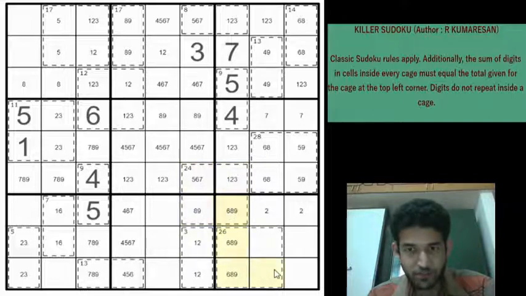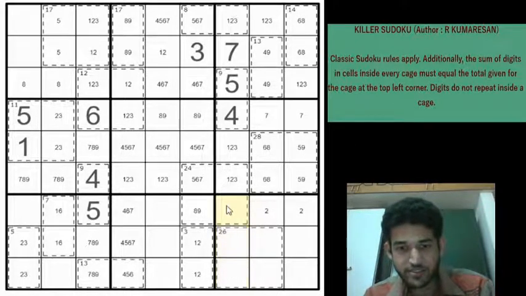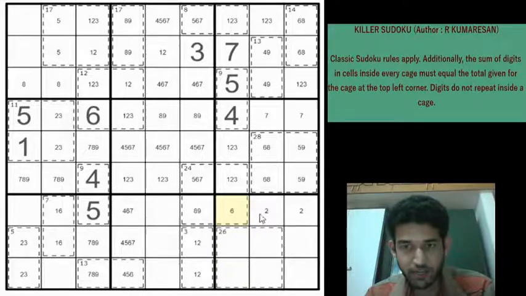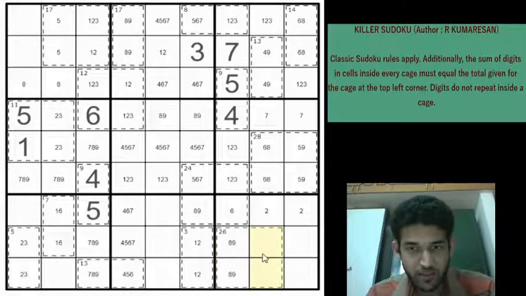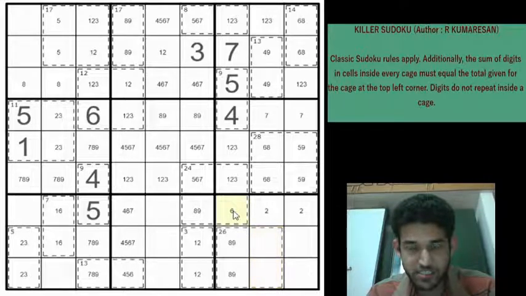Let us try to explore this box a little bit. So what happens if you have a 6 here? Let's try to mark the possibilities. When you have a 6 here, these two cells will be 8 and 9. So then these two cells must add up to 9. They can't be 1 and 8 because 8 is here. They can't be 3 and 6 because 6 is here. So they can only be 2 and 7 or 4 and 5.